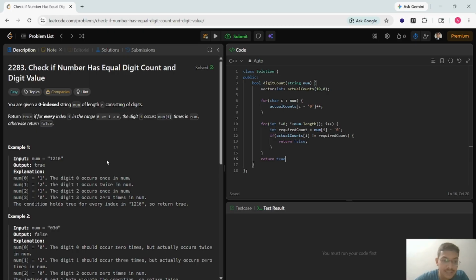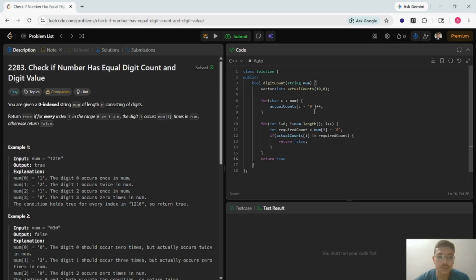Now let's verify each index. Index 0, num of 0 equals 1, so required count becomes 1. Now actual count of 0 is also 1, condition is correct. Index 1, num of 1 equals 2, required count equals 2. Actual counts